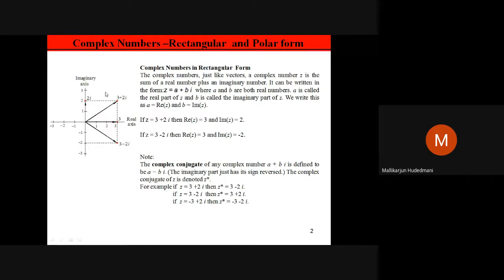Let us say a representation like this: the x-axis is the real axis, with positive numbers and negative numbers over here, and the imaginary axis is plotted here. The i operated terms with plus i appear on the upper part and minus i appear on the lower part of the y-axis. This is called a complex plane, where the horizontal axis is the real axis. The real axis may have positive and negative numbers, and the imaginary axis also has positive or negative. Whenever I have 3 plus 2i, 2i is the positive one. Similarly, I have minus 2i in the second example.